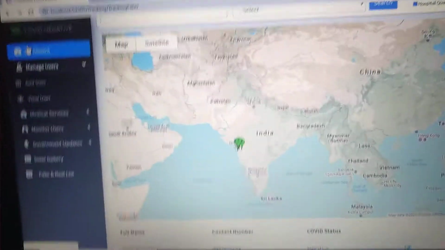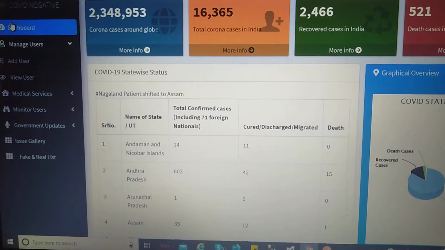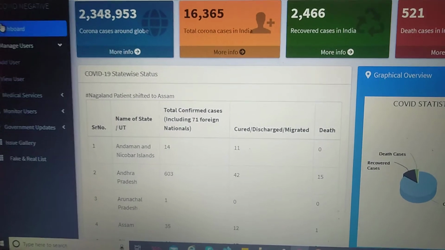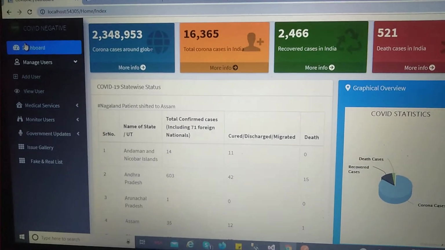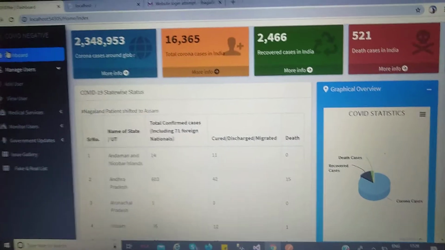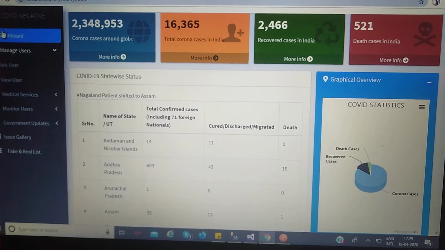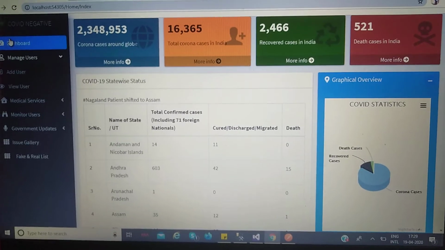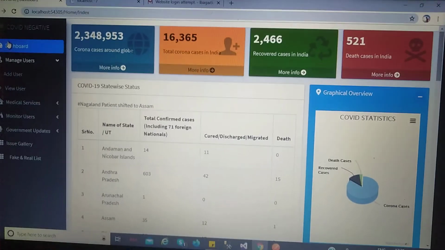So in this way, I have just shown you that through our application, we are going to track, survey and monitor every user. It might be a corona patient, negative, quarantined, everything. And this is the first time it is happening in India that we are doing it with full accuracy. This is a working and go-live model that we have shown, and we hope that we launch it soon. We are in talks with a few municipal corporations, so please help us to launch it and save as many people as possible. Thank you.